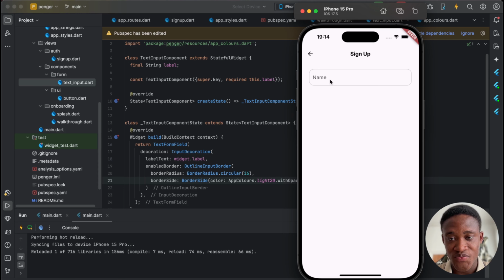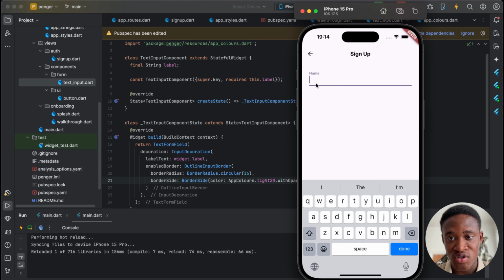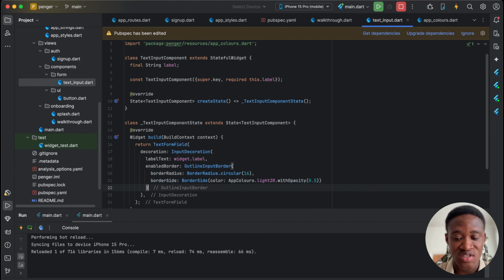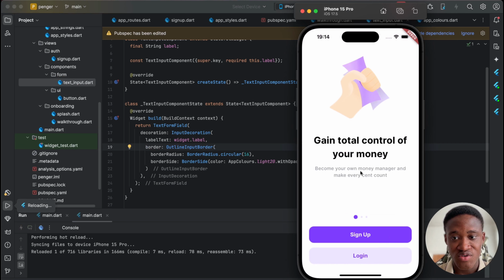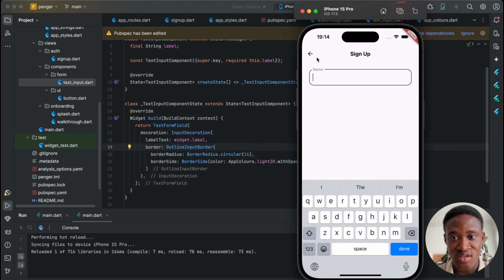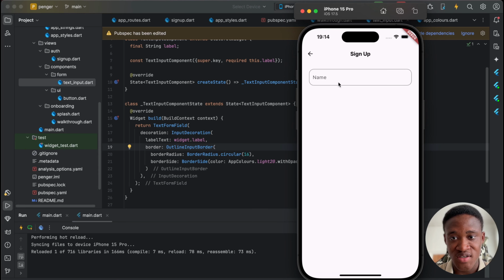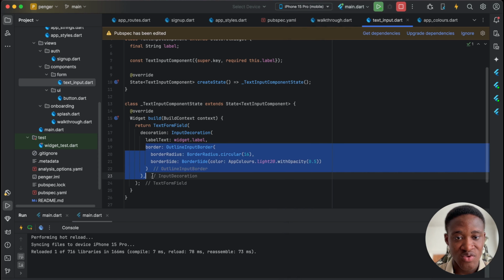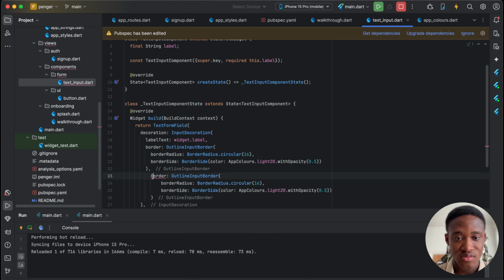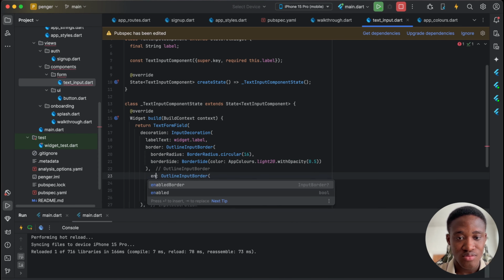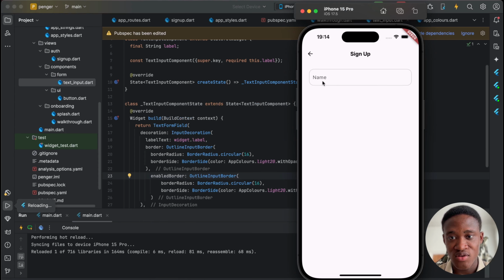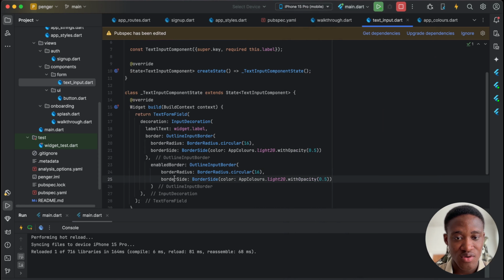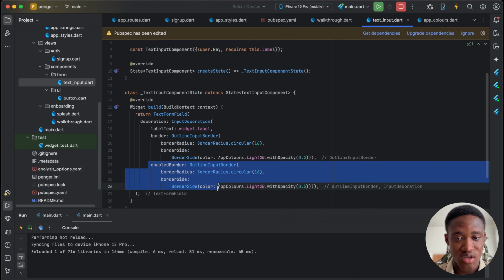so that's the border. I realize when we focus on it, then it changes, right? So we need to do the same thing. We can just first get the first border, which is rightly so. So this affects everything. And then we say that when it is enabled, it looks like this when it is enabled. Okay, and then